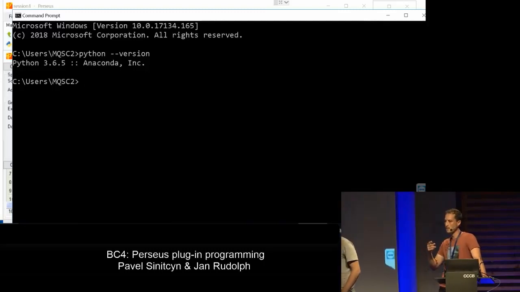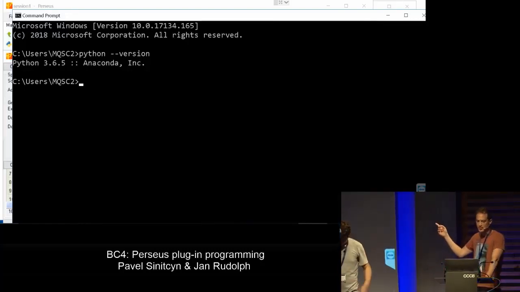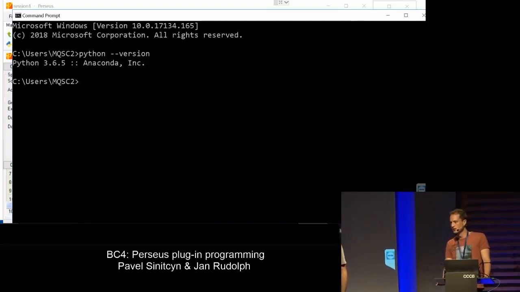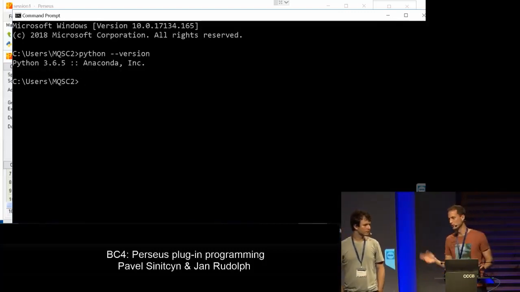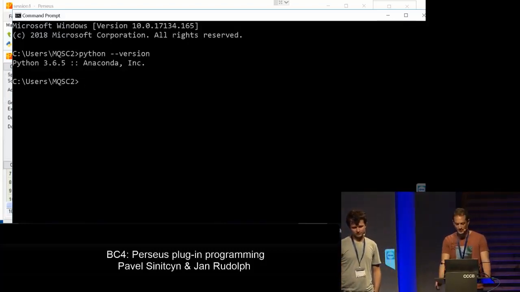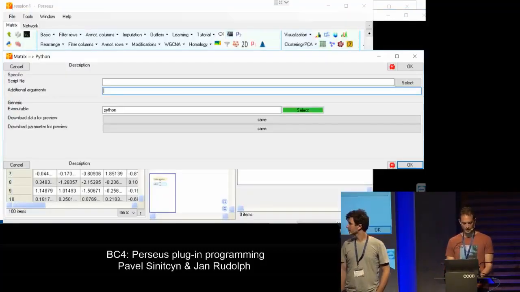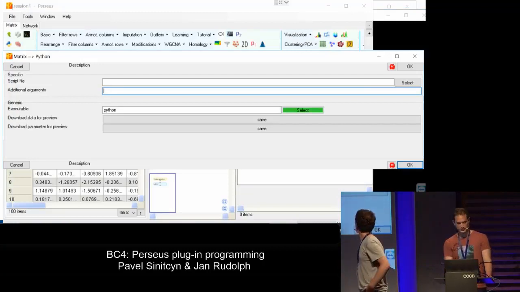You suggest Anaconda there, but is there a specific reason why you suggest that? So the question is, do you have to use Anaconda Python? No, you don't have to. You can use whatever you want. It's just that the installation instructions that we provide are with Anaconda for simplicity. I have both, and both work. Okay, so